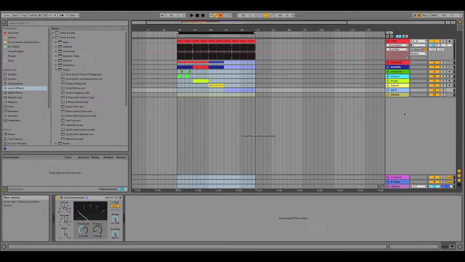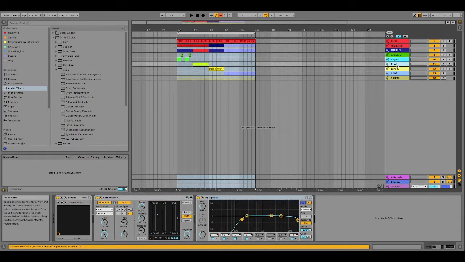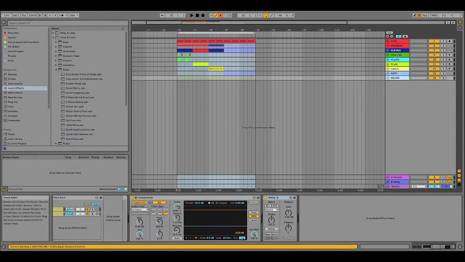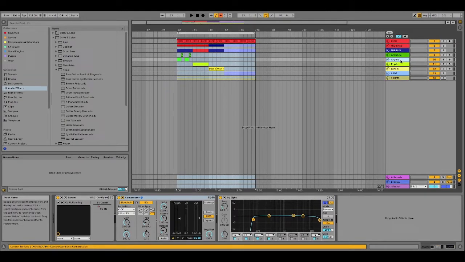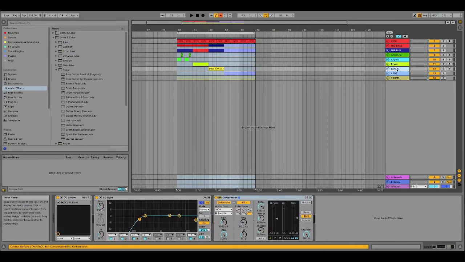To start off with, I've just created this small template here, which has some of the patches I have created for Serum, and which I have used in some of my productions. So what I'll be doing is a little demo of each one, and you'll be able to download all these patches for joining my Patreon on the first tier. They should be available shortly, if not already by the time you watch this video.